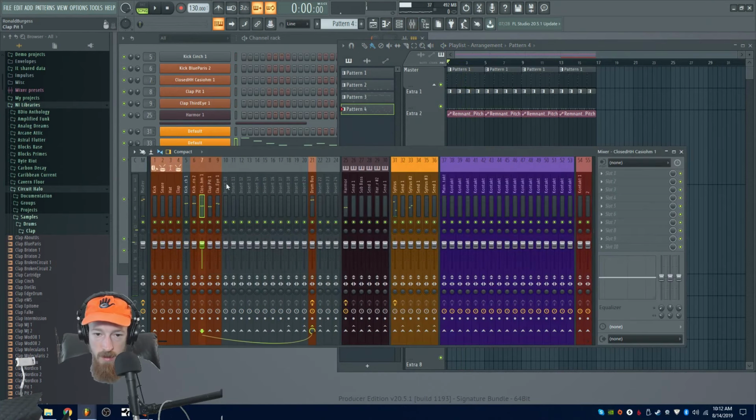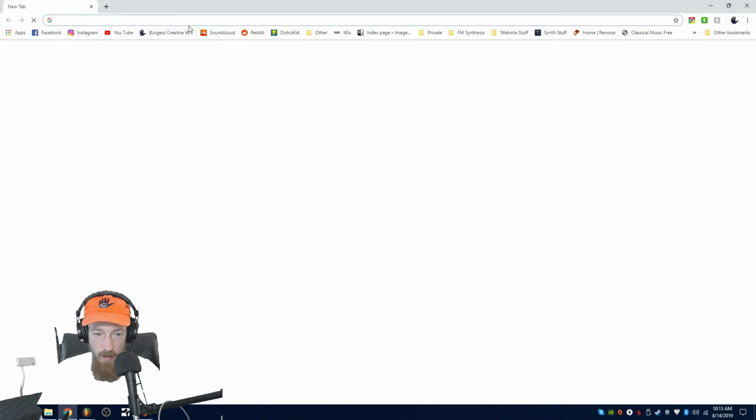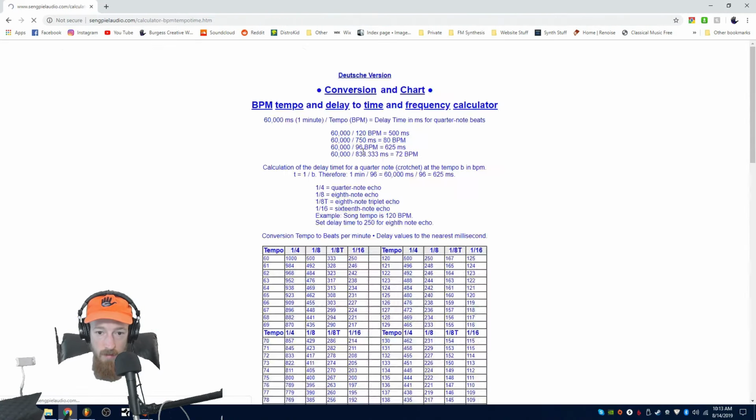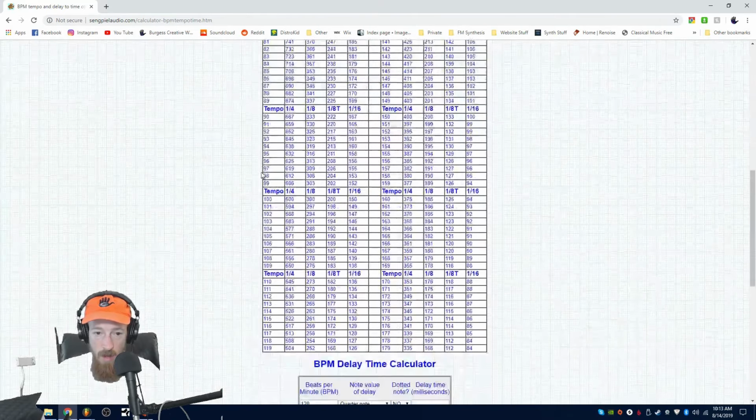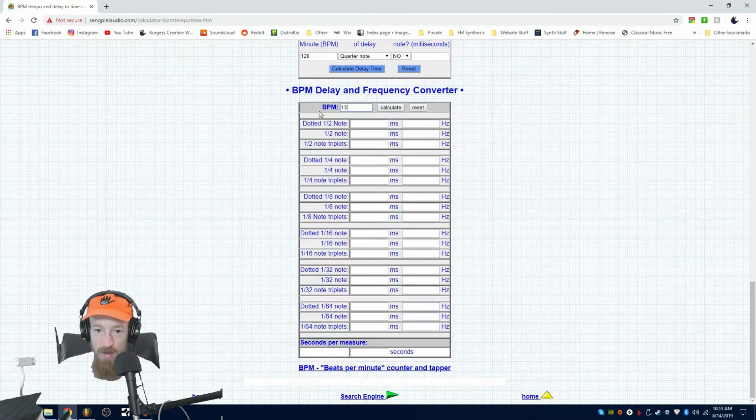Let's go in and adjust the delay time on that remnant. And I'm also going to add a remnant to this other thing. So, okay, this is in milliseconds. I'm going to look up the delay necessary at 130 because I'm too lazy to do the math for it right now. BPM to delay conversion. Okay, so quarter note at, it only goes up to, well, okay. No, BPM 130. Calculate. Wow, look at this. This is amazing. So it's also not secure. Let's see here. 130 quarter note,